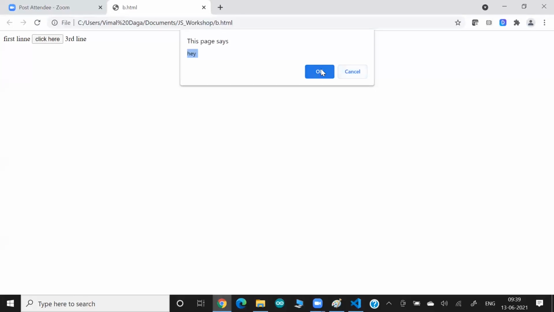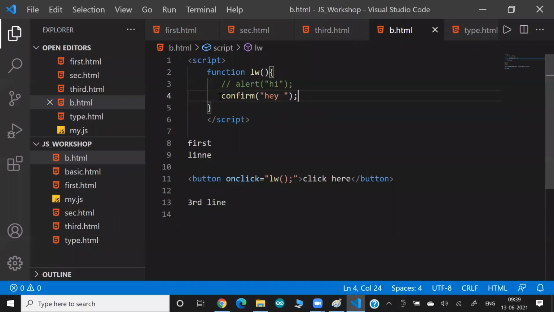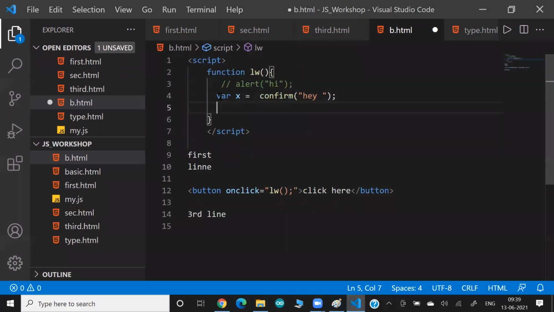Okay, so I say okay, so they do something for you. If I cancel, they do something else for you. What? So if I say okay, behind the scene you are sending a boolean true. If I say cancel, they're sending boolean false. Okay, so it means the return of confirm, let me store in a variable called x. And if I try to print the value of x,